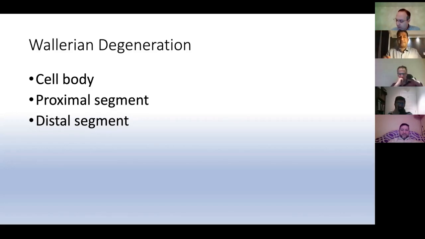Then what happens is in the cell body, the nucleus moves to one side and it changes its phenotype from being a neuroconductive phenotype to a neuroregenerative phenotype. So it increases its activity, mitochondria, etc. Then in the proximal segment, you start to get outgrowth of these little finger-like projections called filipodia. And these filipodia produce neurotrophic factors, spelt